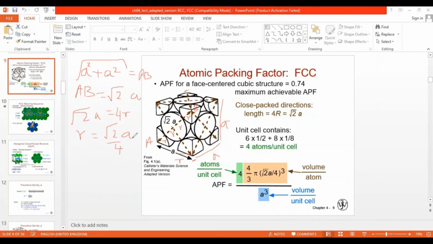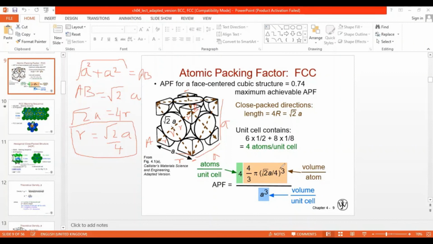Okay. Root 2 by 4A, so this is the R. Since we have R and A, we will put it in the equation, right? The equation, as we know, is the number of atoms into the volume of each atom. The number of atoms we have already found: 4 atoms are there in this unit cell. So this is 4 into,